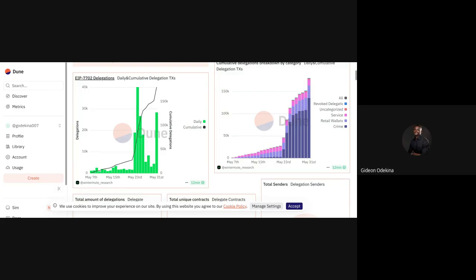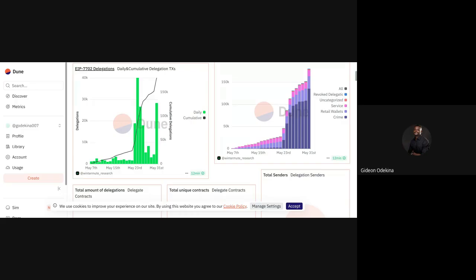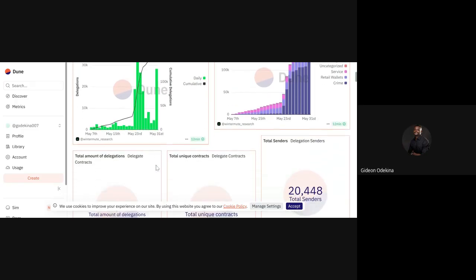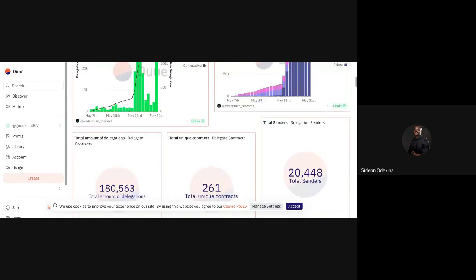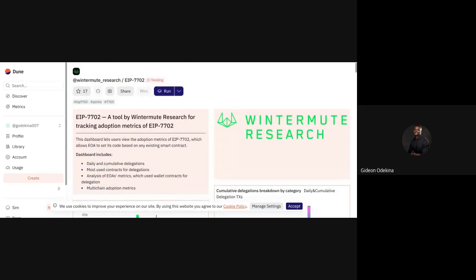So we will be mostly looking at how activities change as time passes. You will see something happening from May 7th to May 31st, so perhaps the end of the entire month. And then sometimes you will see cards that just tell you the numbers. So these are specific numbers related to an activity. To be more specific,